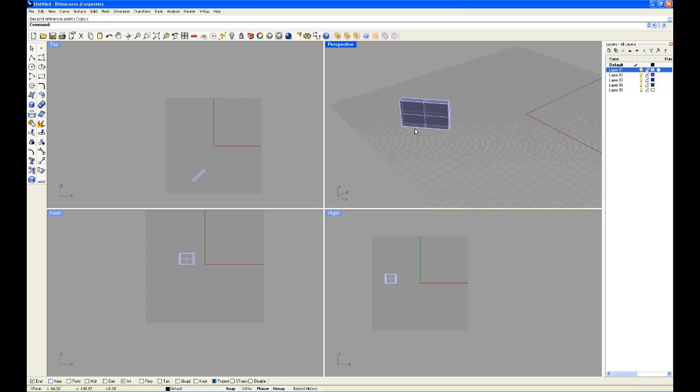Or if you are working within specific units and you want to extend it to, let's say, 500 millimeters, you can select it and type in 500 and enter, and it's being extended to 500 millimeters because that is the unit I'm working within. Now we'll just Control Z to go back to the original object